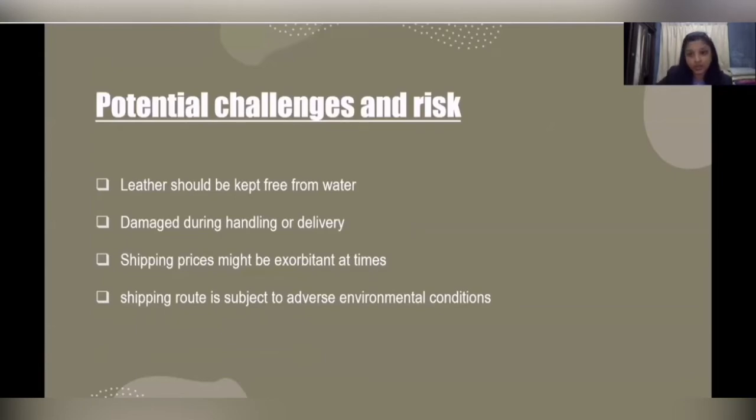Of course, there are costs connected with properly transferring items from one location to another. From our perspective, extra shipping costs are rarely incurred because our product is not fragile enough to require further care. Finally, the shipping route is subject to adverse environmental conditions. It is a concealed form of asset damage caused by the effects of environmental conditions in particular, which causes commodities to be damaged by high humidity levels, such as during maritime transportation.